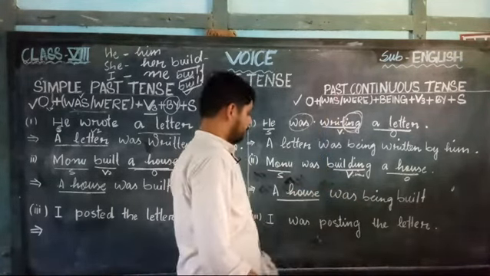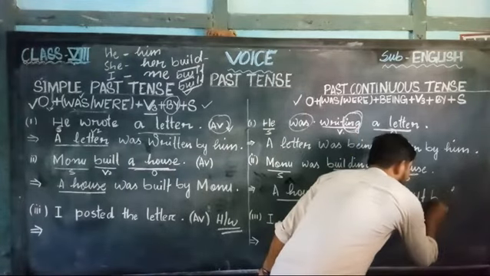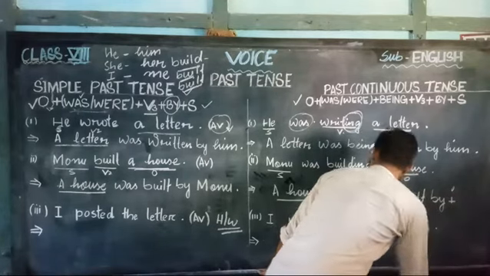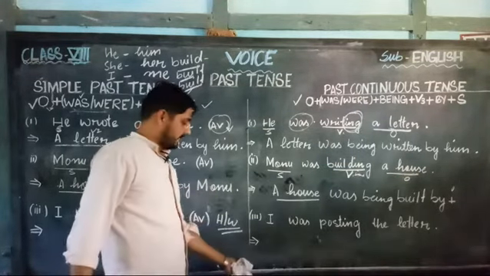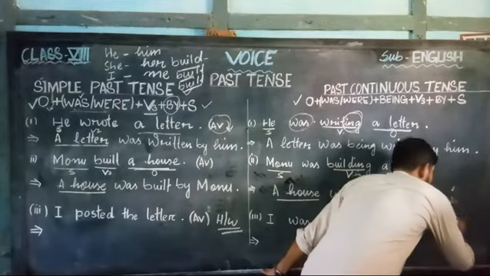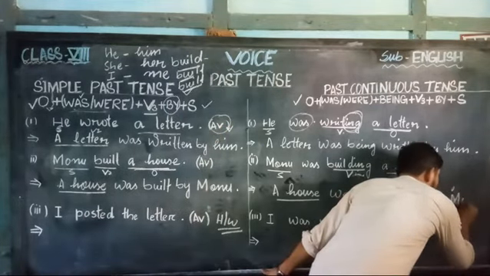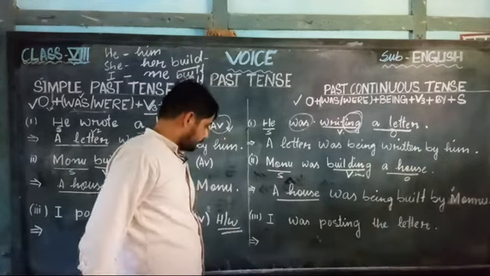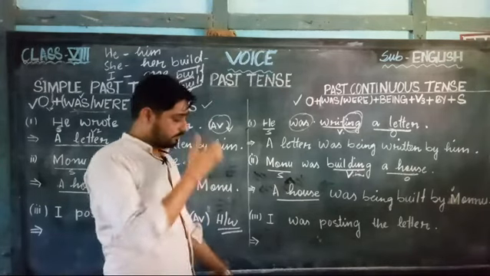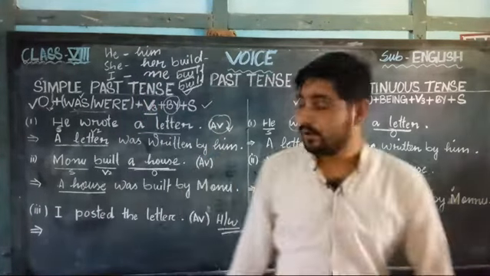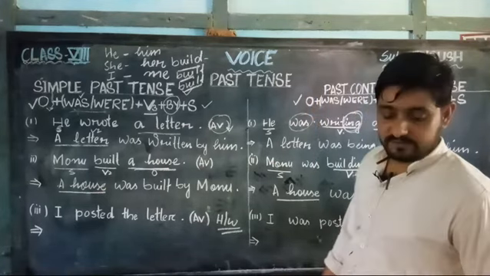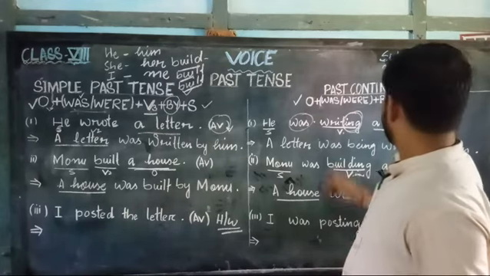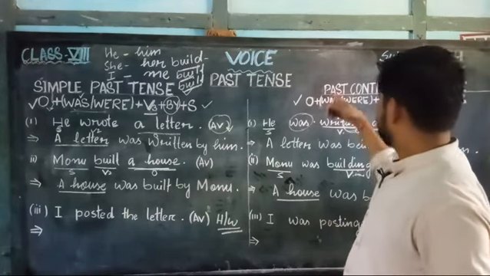After the third form, we have to write by. Then the subject. What is the subject here? Monu is the subject, right? If a name is there, without any change we write Monu. By Monu. So the third one you do as homework. I hope you have understood this. If any doubt is there, you can ask me. Okay. Today this much only. In the next class we will discuss